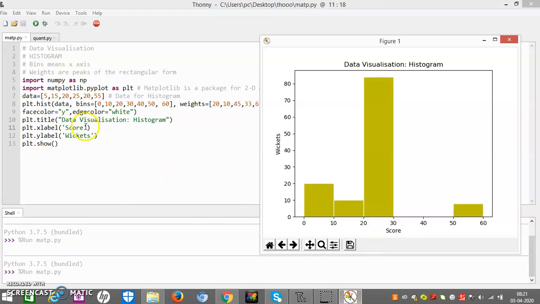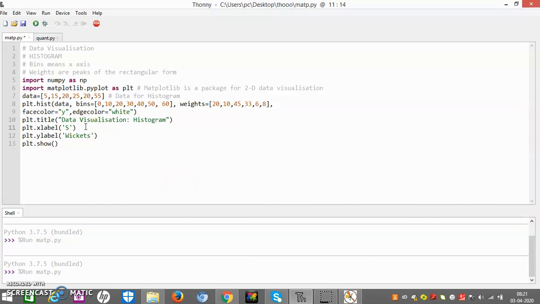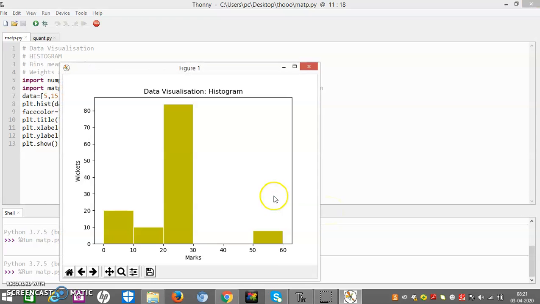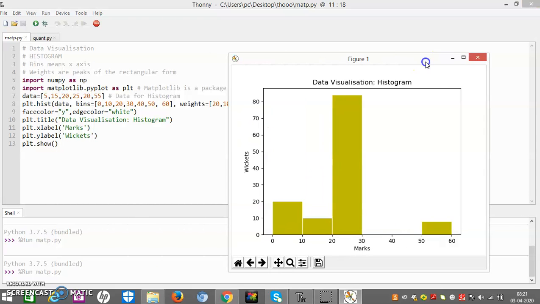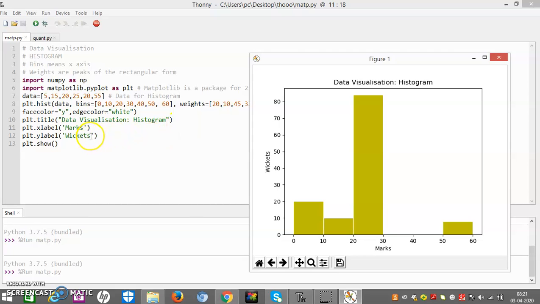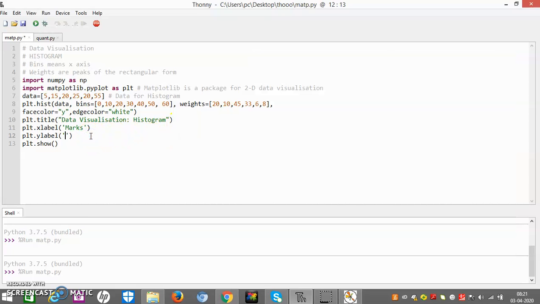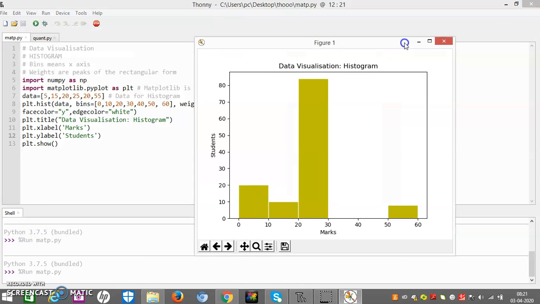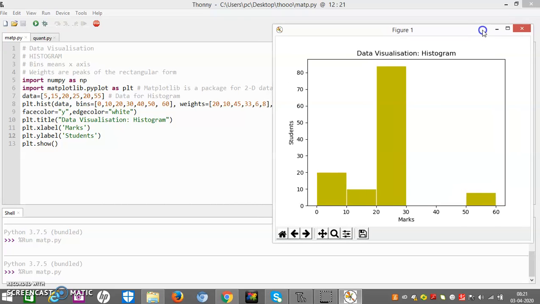If I change it to marks instead of score and run it, then it should be marks. Now if instead of wickets on the y label I write students, then it will be students, right?